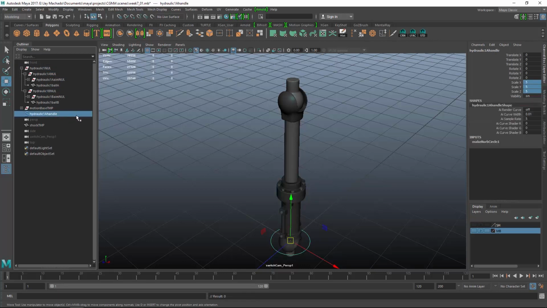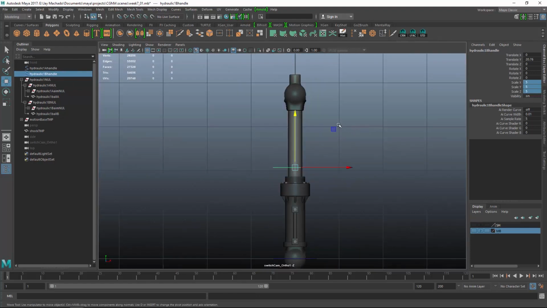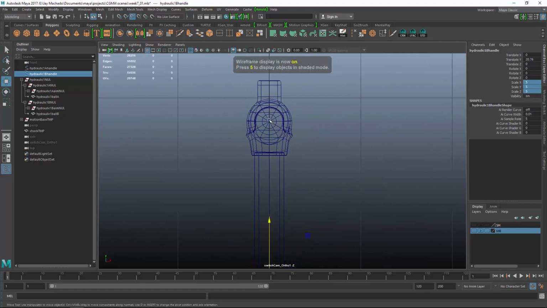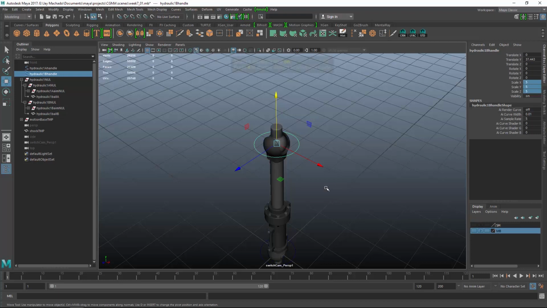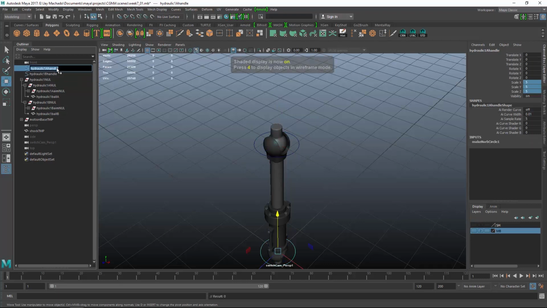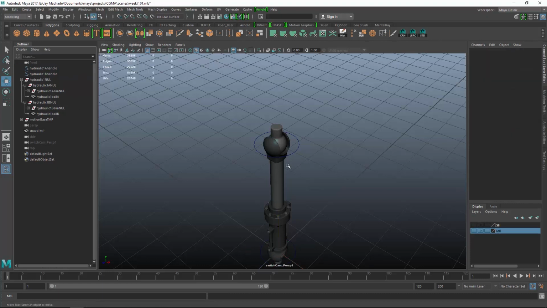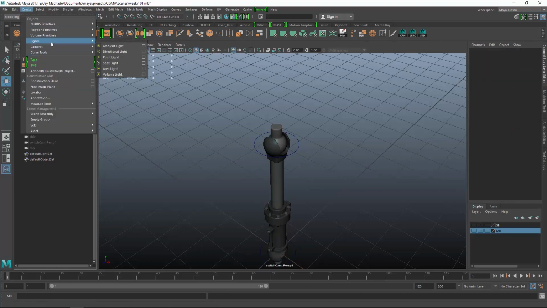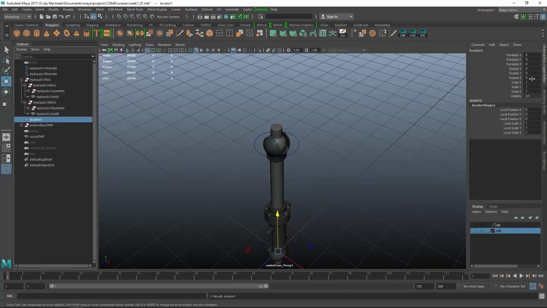And then let's duplicate this and call this B handle. And I will just move that up to this point here. So I'm going to just copy this name because I'm also going to create a couple of locators. Let's do locator, and we'll do the same value, 5 here, and then let's call this A aim, and we'll parent this under A handle,